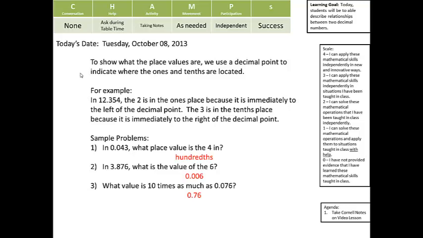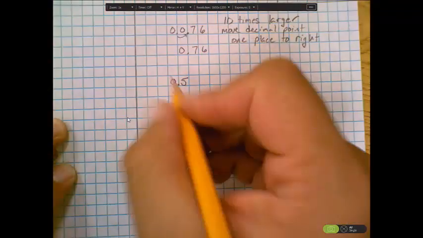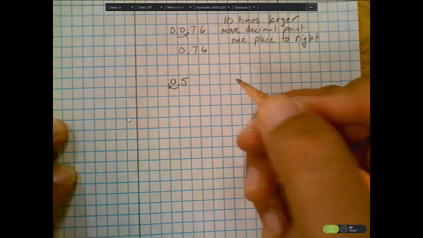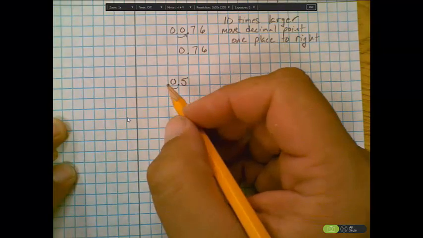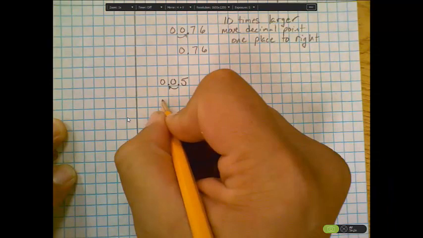So let's do our last sample problem. Our last sample problem is, what value is 1/10 of 0.5, or of 5 tenths? What value is 1/10 of 5 tenths? Okay, so we're going to start off with the value of 5 tenths, and this time, because we want 1/10, we're going to move the decimal place one place to the left. And then we said we always have that 0 in the ones place, so I'm going to put the 0 here. And so our answer is going to be